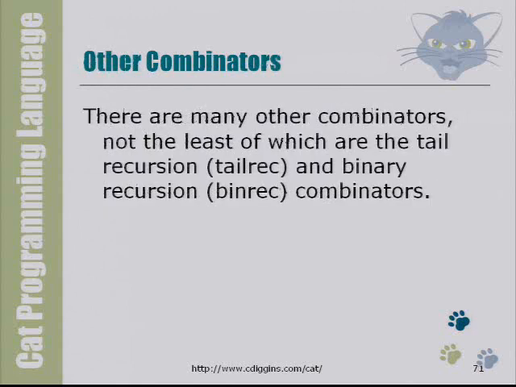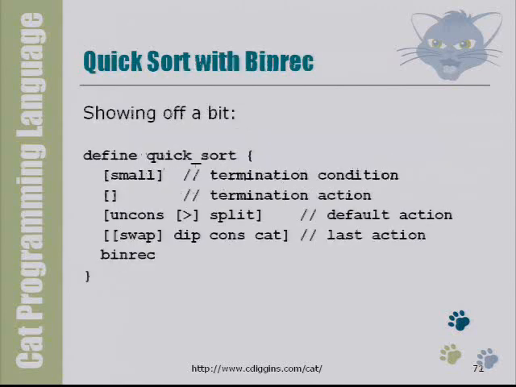There's app2. I don't have time for that. And of course, there's just countless combinators you can think of. And Joy has a few interesting ones, and one of them is called binrec, which is the binary recursion combinator. It takes 4 functions, and it does a binary recursion algorithm on them. So this is actually a definition of quicksort using binary recursion. I stole that off of Wikipedia, but it actually works in Cat, so that's fun.